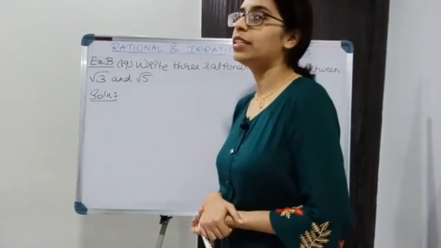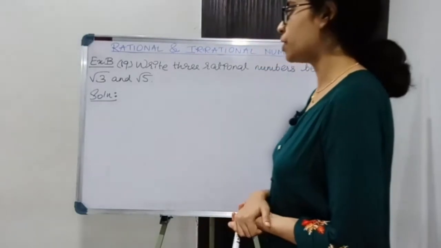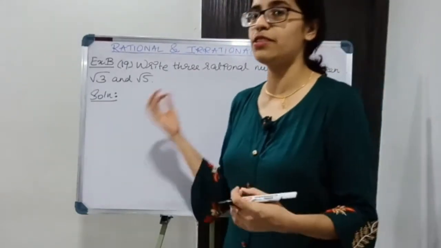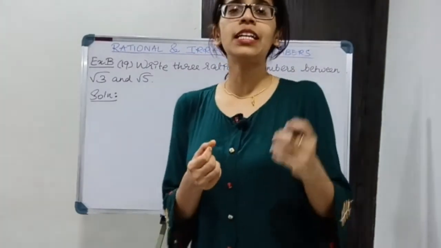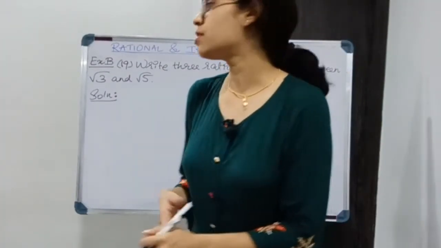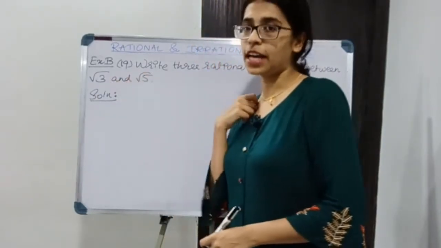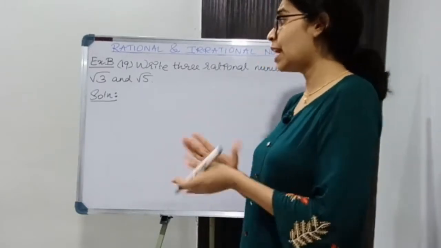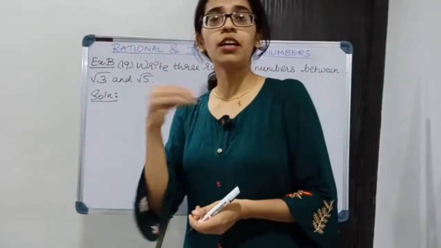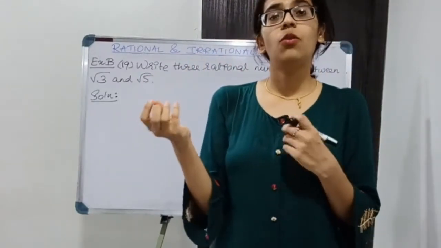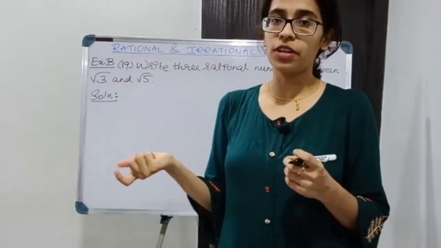Now we have root 3 and root 5 over here and I have to find rational numbers between these two numbers. So basically I should know perfect squares between these two numbers. So I have 3 and 5 over here. तो 3 and 5 के बीच में कौन सा perfect squares है? So 3 के terms में let us recall. I know 324. Okay, that is 3.24 if I consider.